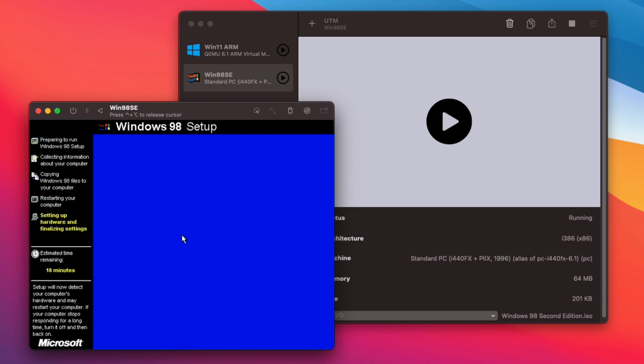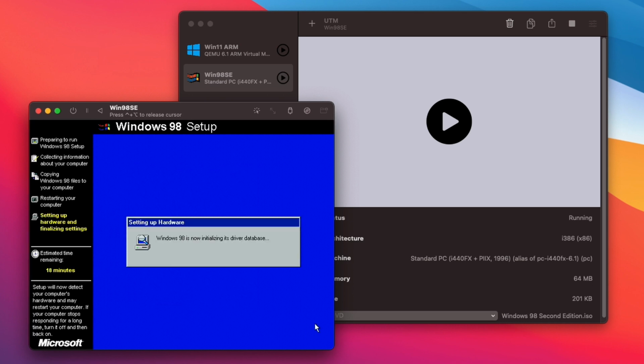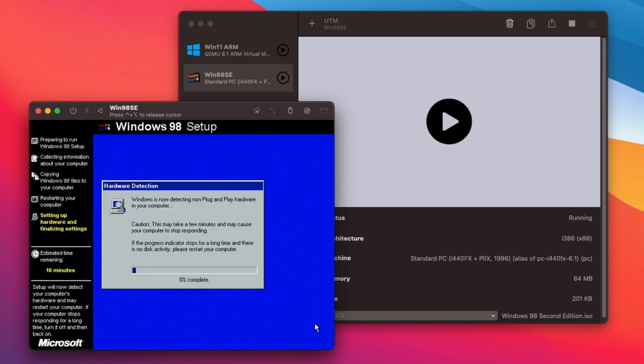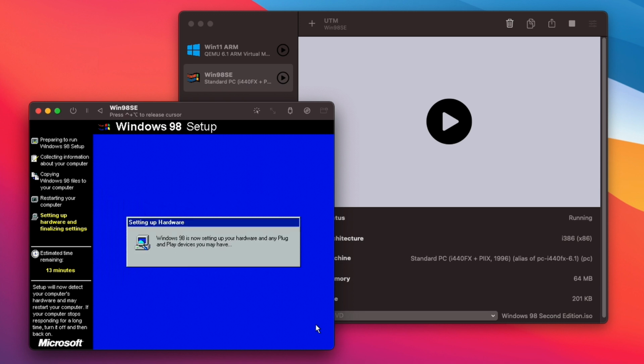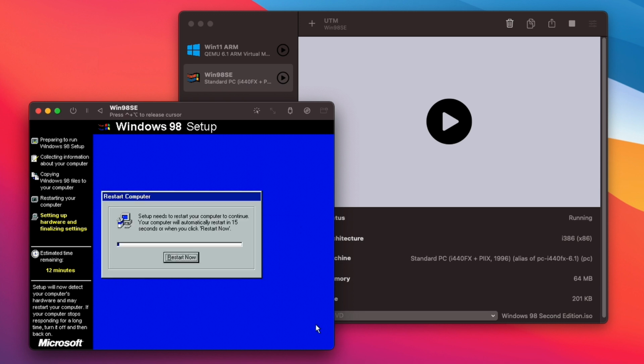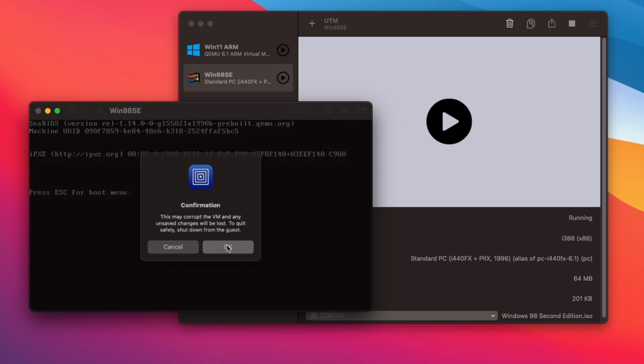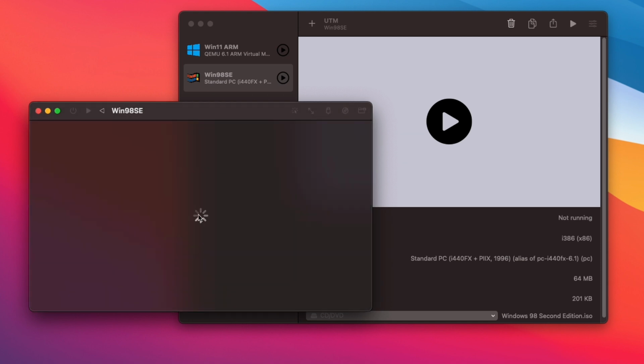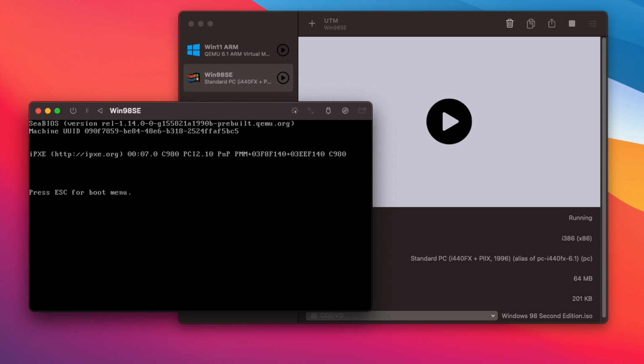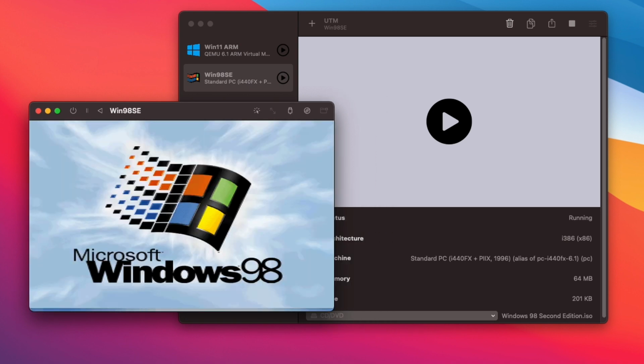The next stage of the installation tries to install the drivers for the virtual hardware in the system. During this process, one or more reboots are required. I noticed that in some cases the VM gets stuck while restarting. If you run into this, release your mouse pointer with Ctrl and Alt and then just turn off the VM and start it again using the buttons on top of the VM window in UTM. It can be pretty annoying, but unfortunately that's how it is.